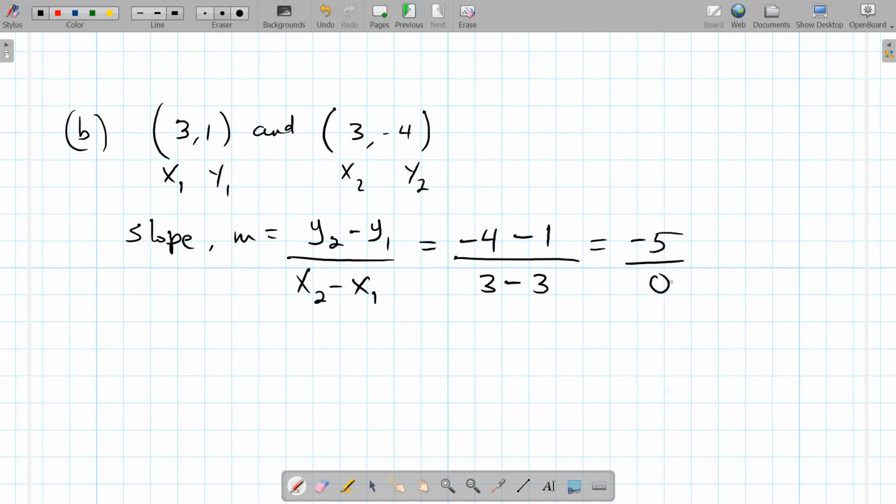So remember what I said before, if the denominator is 0, this cannot be found. Your calculator will say error, so this is what we call